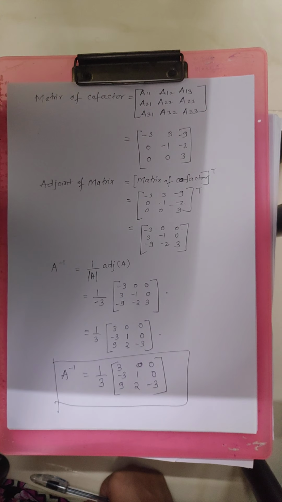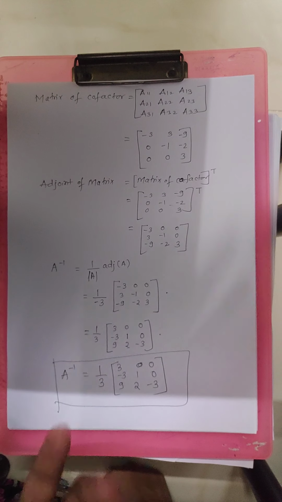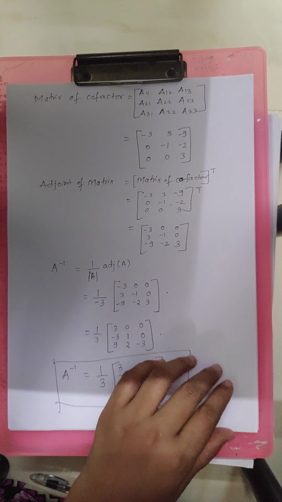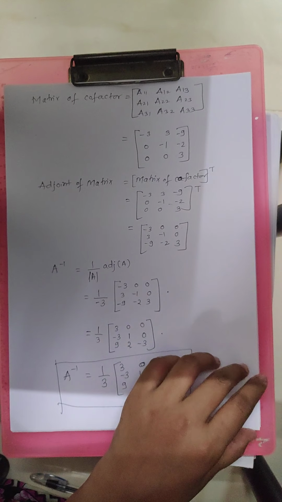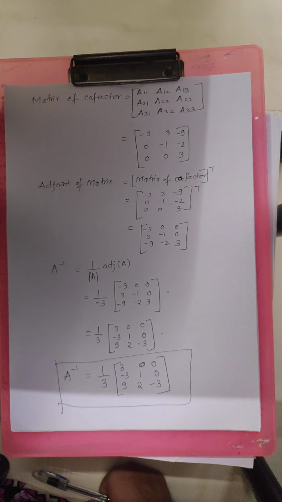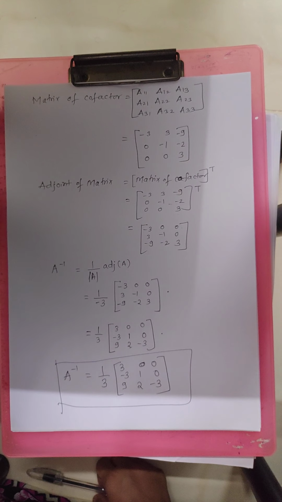In the topic explanation I had shown you how to find the inverse by using the adjoint as well as by using elementary transformation, but this is an exercise, that's why we are going through each and every type of question. So in the next lecture we will see how to find the inverse of a matrix by using elementary transformation, and then we will proceed further. Some topics are eliminated from your syllabus there. I will let you know which topics are eliminated from your syllabus in further lectures. So today we will stop here.